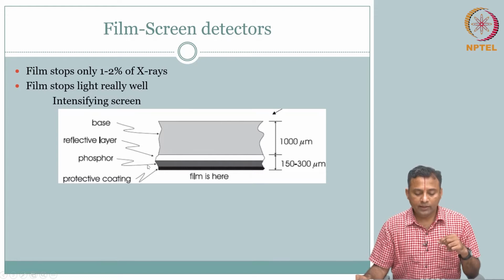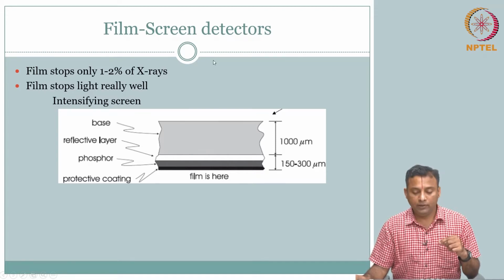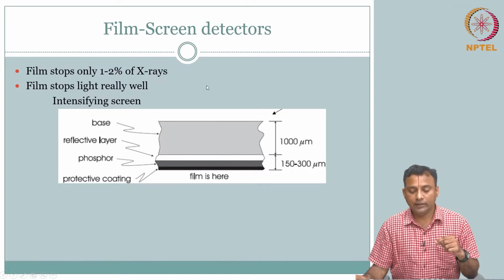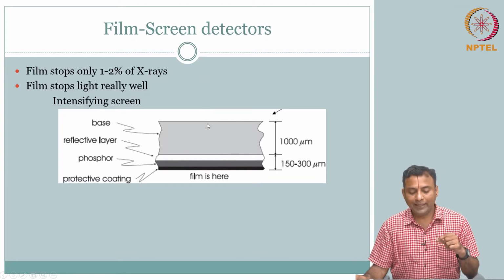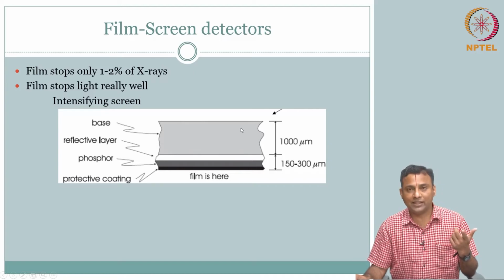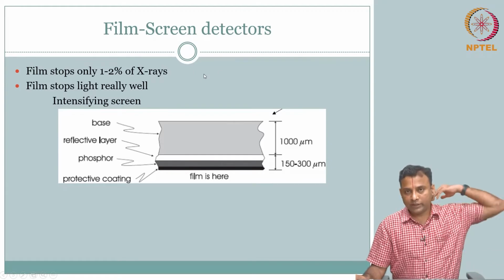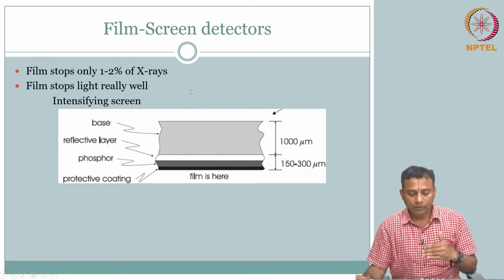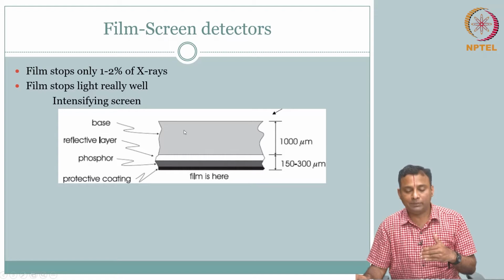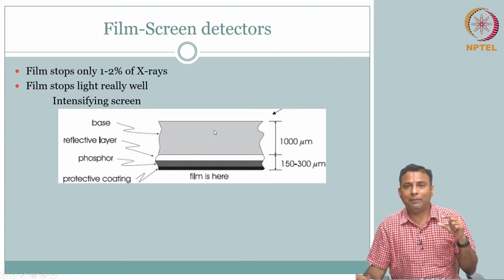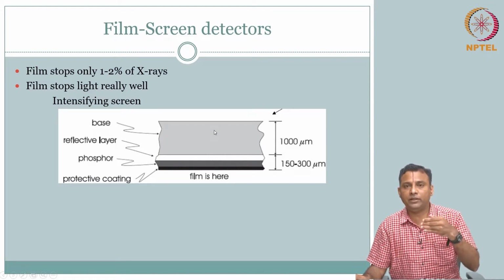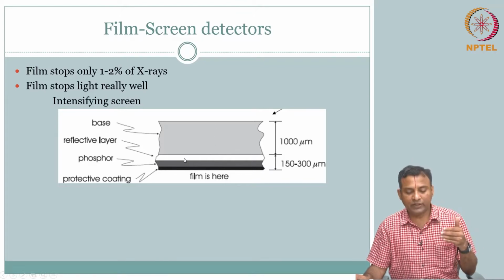So as you can see, you have film. So for example, your X-rays should come from one side, right? It should come from the outside. It will come through this base. These are all supposed to be transparent, right? It shouldn't interact with the X-rays. It should pass, because that's coming outside the body, right? So these are all supposed to be transparent to the X-rays, but they are just providing some mechanical sturdiness. The film cannot hang in air, right? So the intensifying screen is there to support.